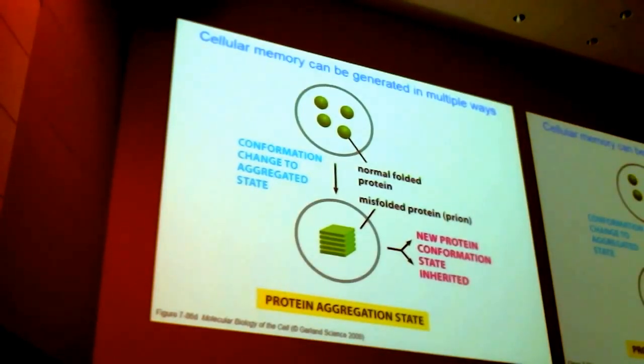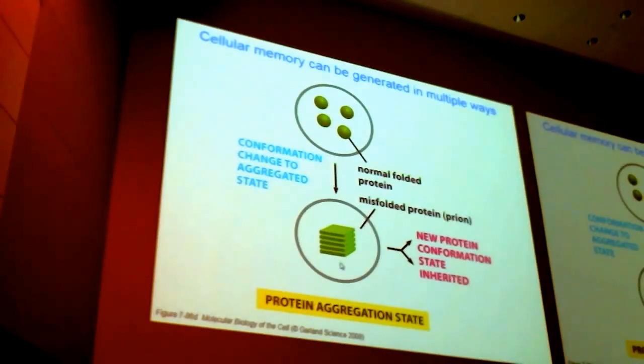And that's, how many of you have heard of prions? A few, okay. So these are protein conformers which just look different from the native protein, but they have the ability to convert other native proteins to look like them. So for example, let's say a normally folded protein looks like this, spheres. If there is a conformation change in the protein, no sequence is changing at all, just the folding changes, it now forms some kind of template on which you can have many more proteins that are also misfolded, like these